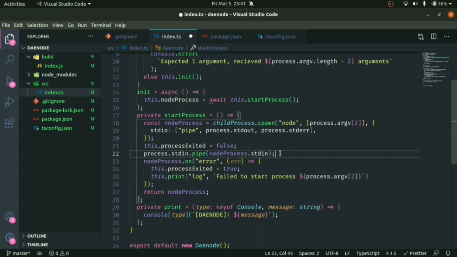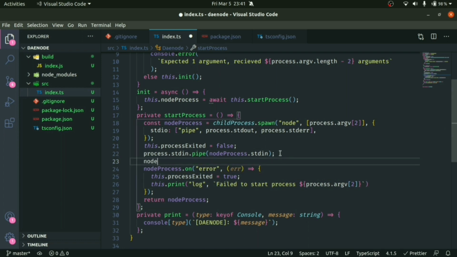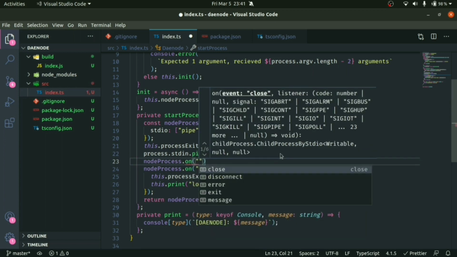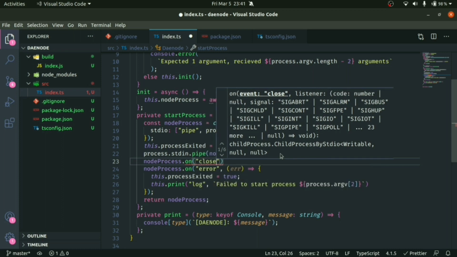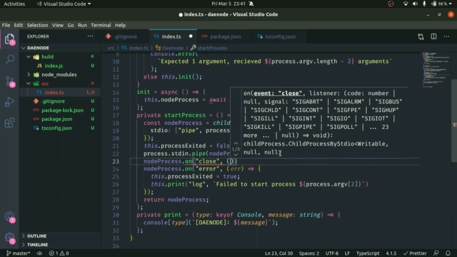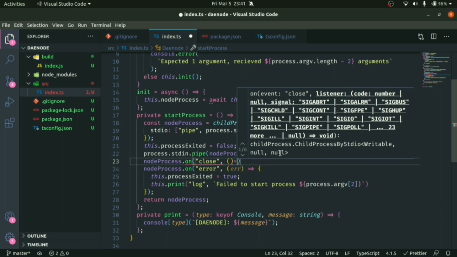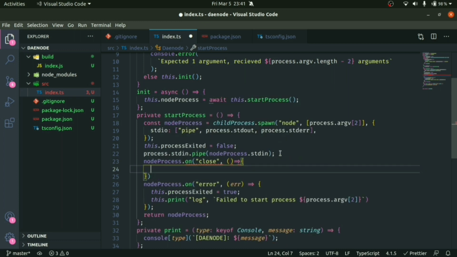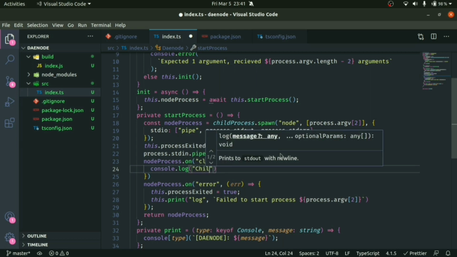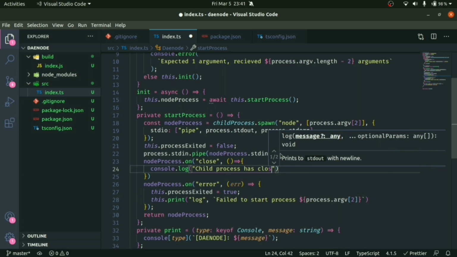Then the next, we'll listen on the close event. So we'll say nodeProcess.on, and then we will have two types of event that we are interested in. The first is close and the second is exit. So let's try both of them and see what's the difference. First is close, and here we'll simply console.log that the child process has closed.